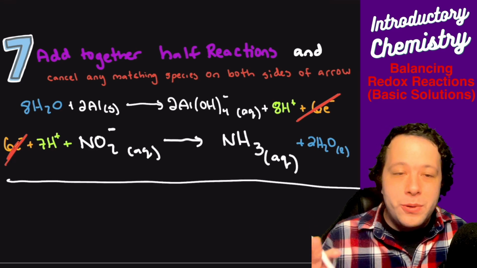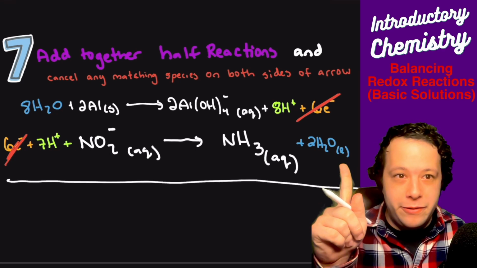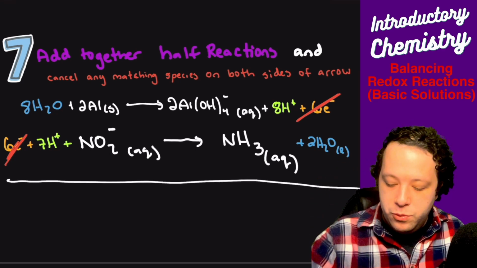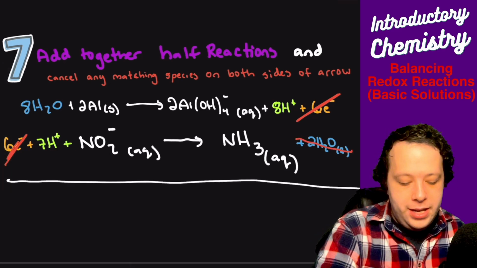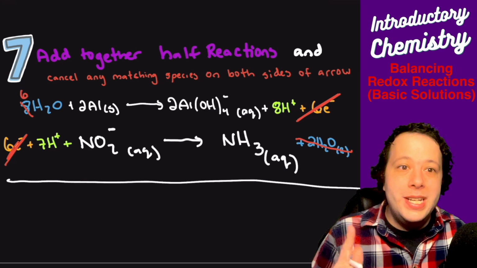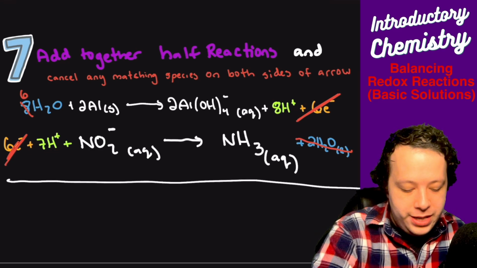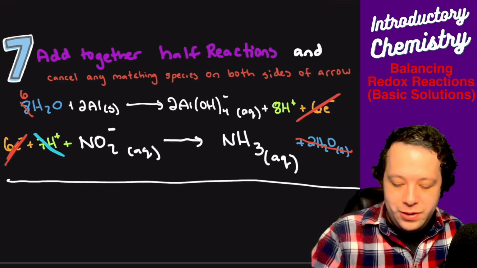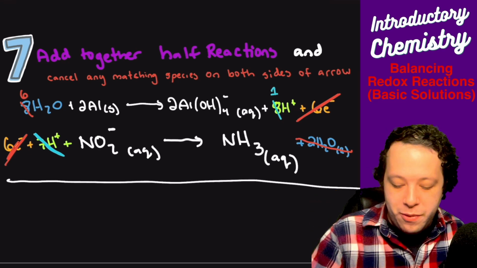Now, after that, we're going to cancel anything that's similar, right? So we can see that water, for example, is matching. But being that we have an unequal amount, we'll cancel the little one. And so we have 2 waters canceling 2 of the ones on the left. That means we have a total of 6 now on the left. We're going to do the same thing for the hydrogens we added. We had 7 on the left, we had 8 on the right. So that's going to completely get rid of all the hydrogens except for 1 on the products.